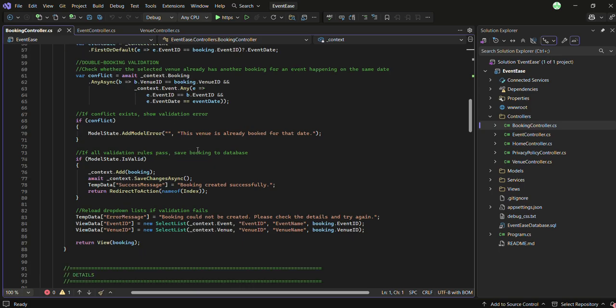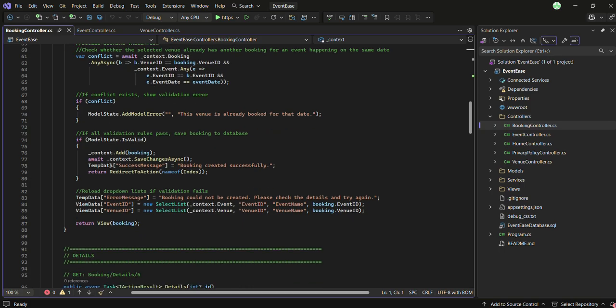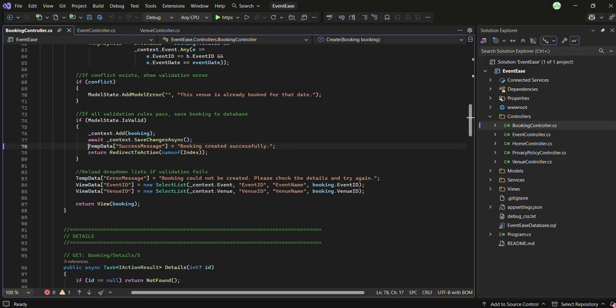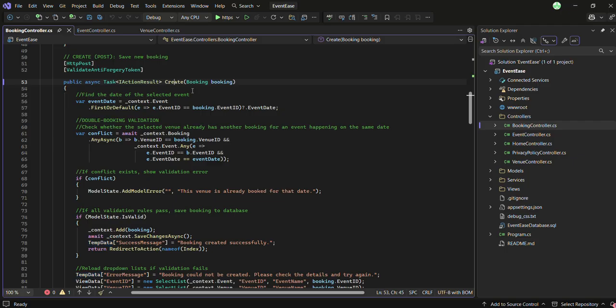where validations were added to all three of these, telling the user if the booking, venue or event was successfully created, edited, or deleted, or if it was unsuccessful. So you can see here, TempData success message, booking created successfully, here under create,